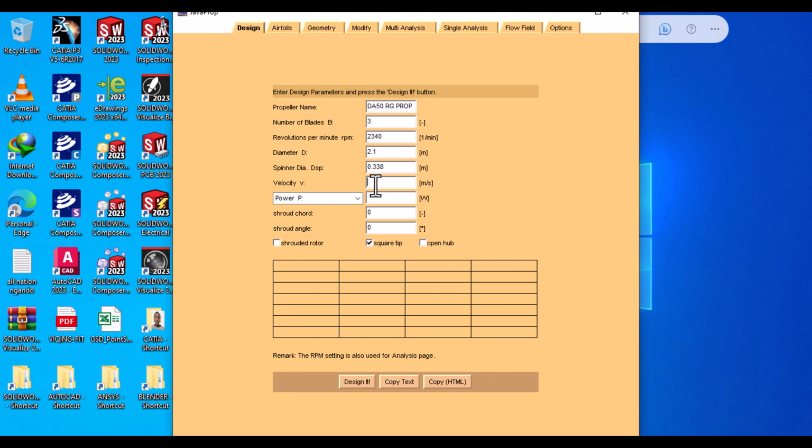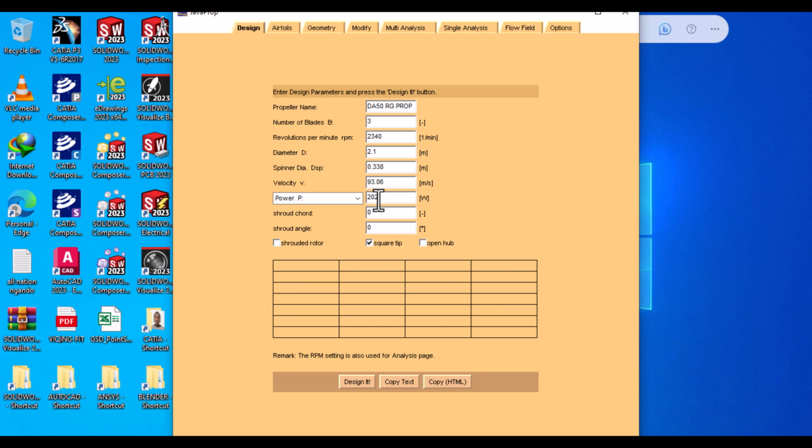We have the velocity. The true airspeed that we identified, it was 93.06. So remember, you have to convert to meters per second because it was indicated in kilometers per hour. And then we have power. When we did our conversion, we changed from horsepower to kilowatts, which was 202 kilowatts, but now we need it in watts. So it's 202,830.4